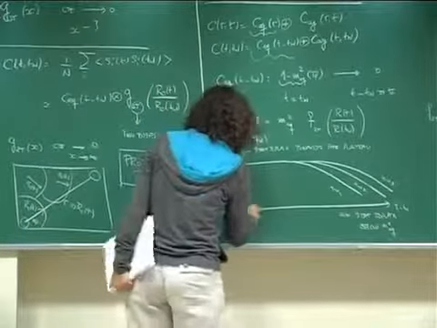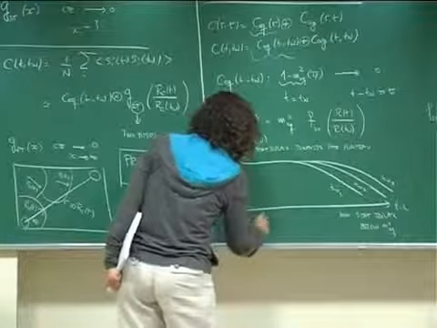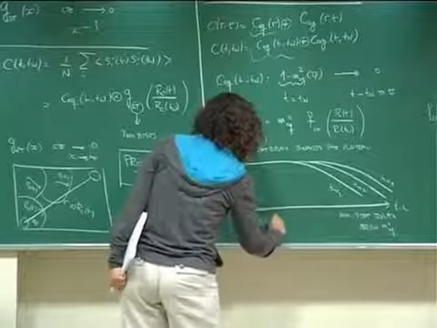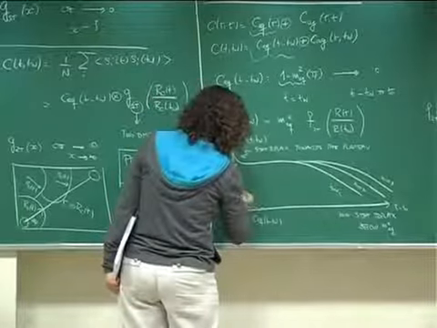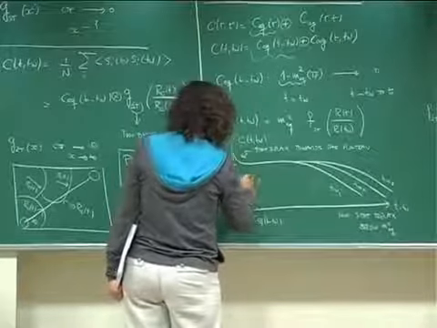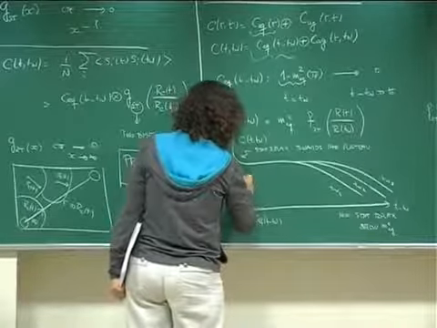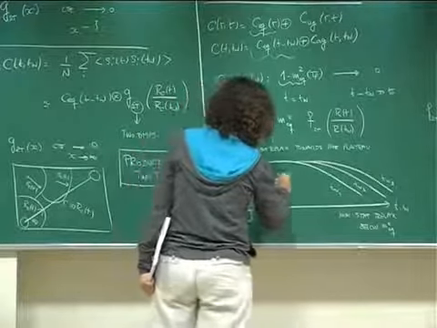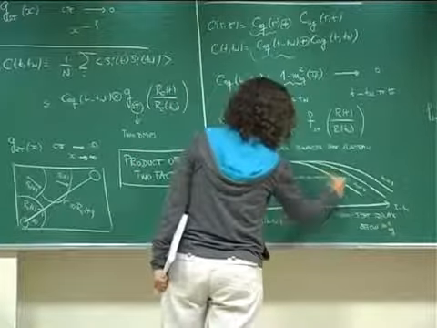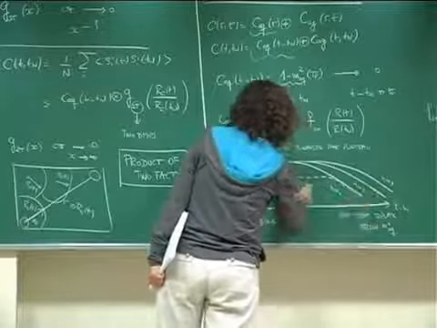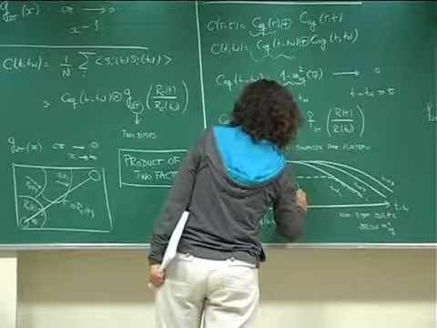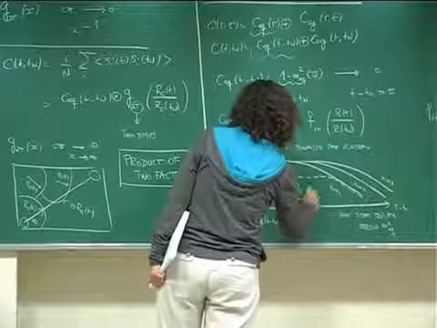Plus, so this is what I call Cx of t minus tw here. And then I have another piece which is equal to this. And this is the other contribution, which is what I call Ch of t